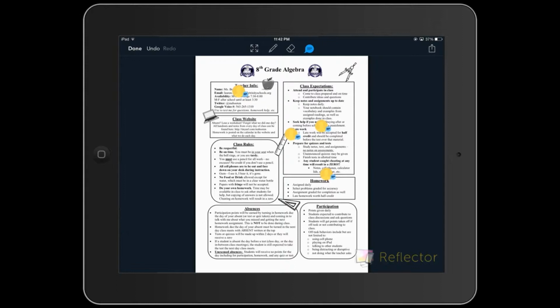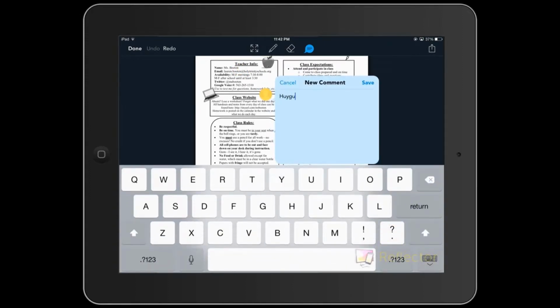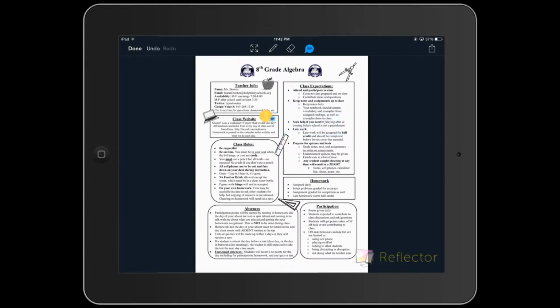If I go to an individual student's folder, I can put a note just on theirs if I want, on this shared document, but I open it in their folder so they just see it. So I don't want any of this stuff, so I'm going to just delete them. And to delete them later, if you don't want to undo, just click it and then swipe to the right, and then the red trash can comes up and you can click that. Now I'm going to go to done,